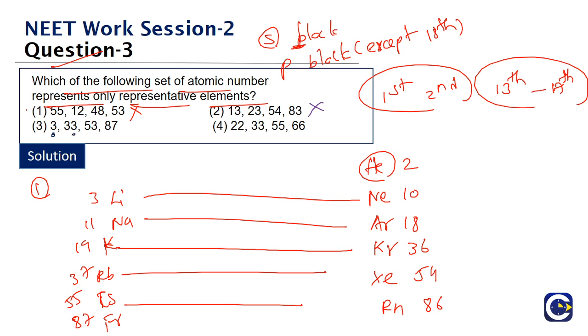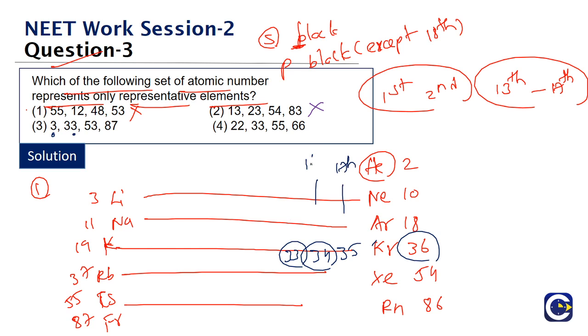33. What about 33? See, if you look at 36, what is 36? This is krypton, right? Before that we'll have 35, bromine, then 34, and before that comes 33. So these elements will be in, 35 will be in the 17th group, 34 in the 16th. This analysis we can do even if we do not know the names of the respective elements.